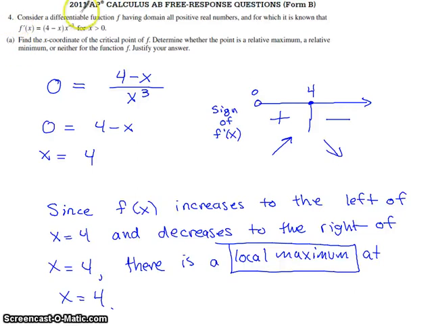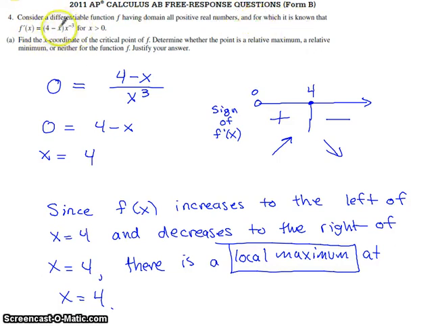So here's problem number 4 from the 2011 AP Calc AB exam, and this is Form B again, so the second version of the exam. And this is another non-calculator question, and they've given us the fact that f is going to be a differentiable function. The domain of it is all positive real numbers, and what we know is we know the derivative of